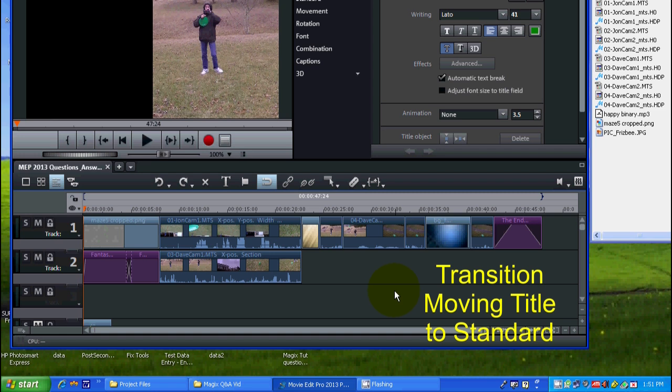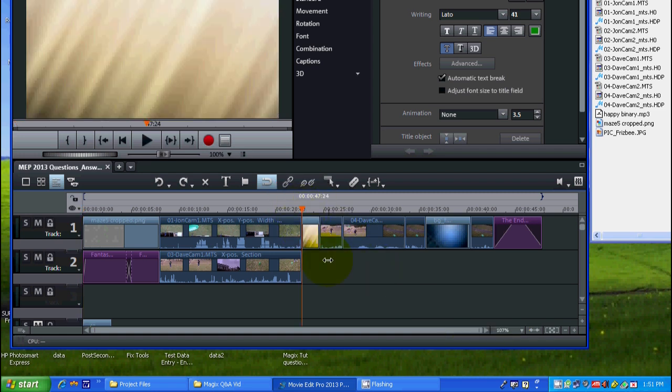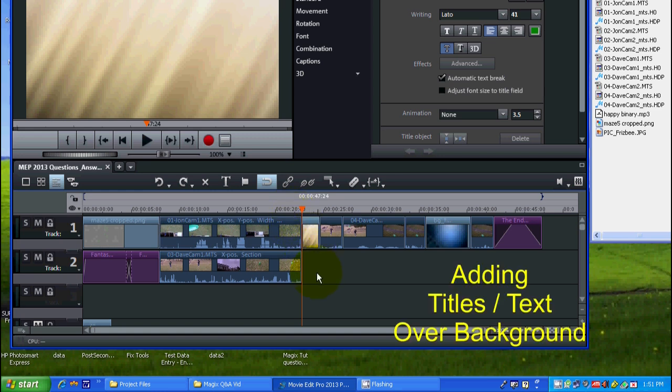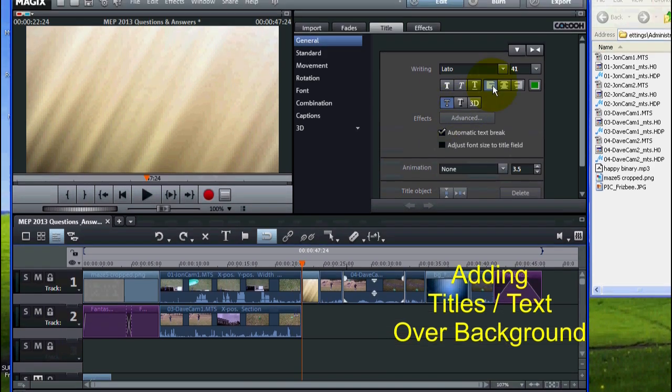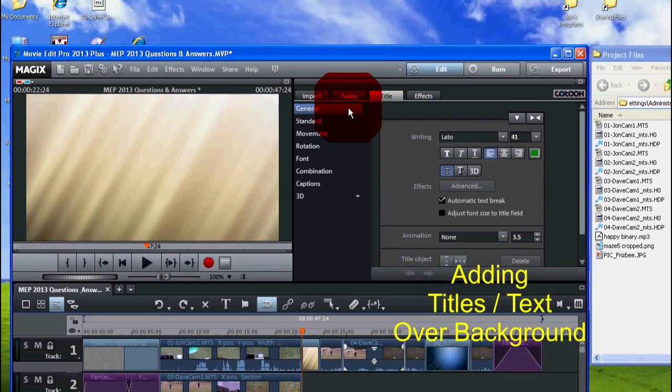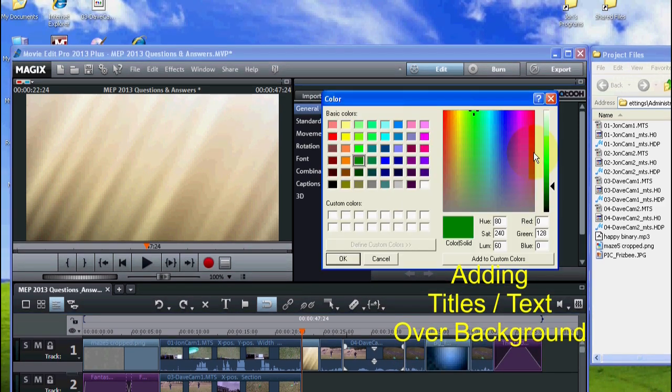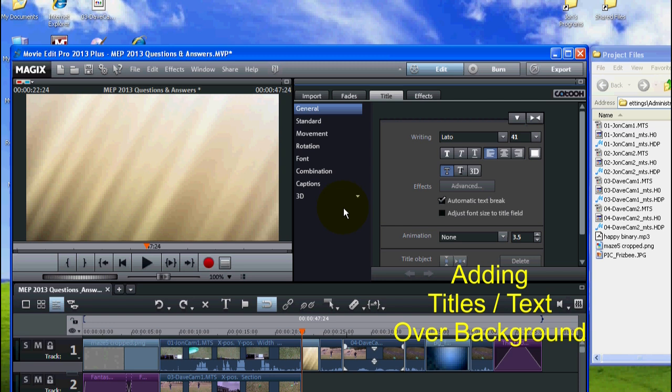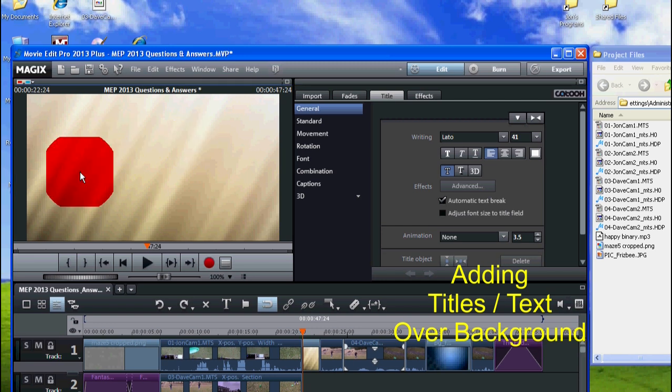Now, say we wanted to put another title right here over the top of this interlude right here. Let's go to general title again. We'll use the same font, which was Lato, and this time we'll go with white. So it's just whatever you want to choose. I'm going to put white in there for now and still leave the outline on. Okay, we can just click over here